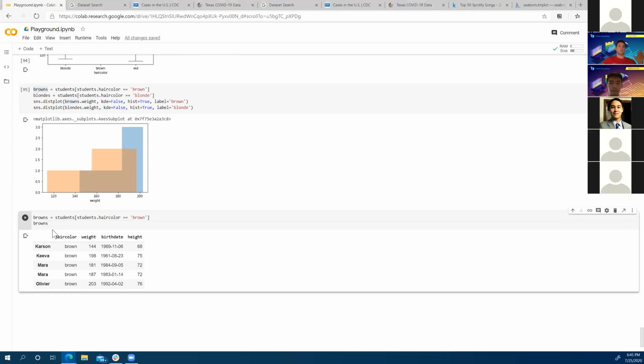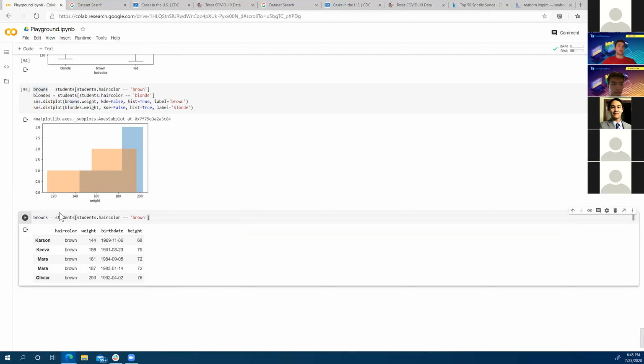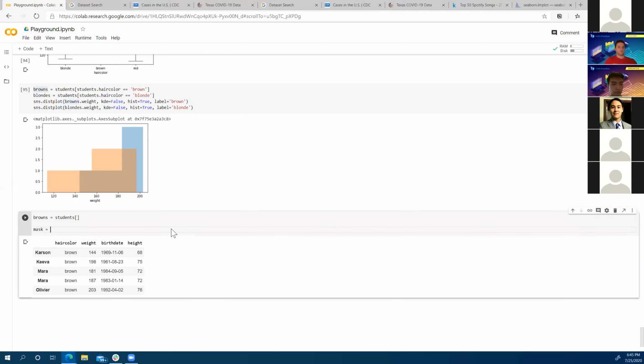Yeah, so this grabs, okay, so actually this is not a mask. I apologize. There's a different way to create a mask. Actually, this creates a mask, if I were to show that. This is a pretty cool pandas concept.